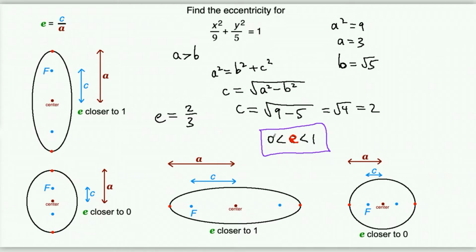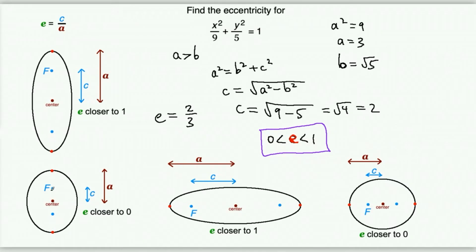That's why e never really gets to be 0, right? It gets closer and closer to 0 as the distance from the center to the focus decreases. And it makes sense because when you decrease the c value and make it closer and closer to 0, you will also make this whole fraction get closer and closer to 0, because you're basically decreasing the numerator. Okay? So as you can see in these two, the focus is closer and closer to the center